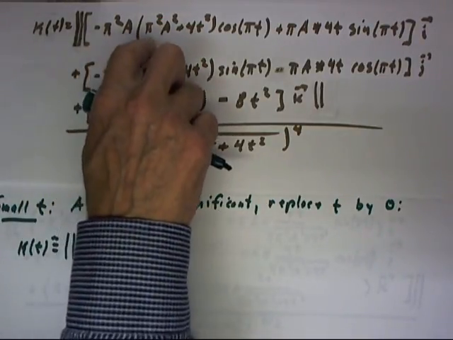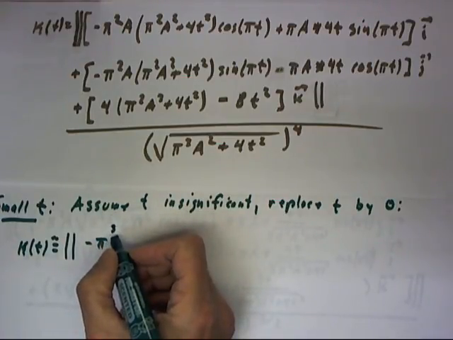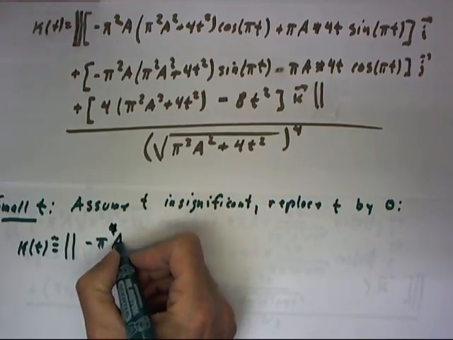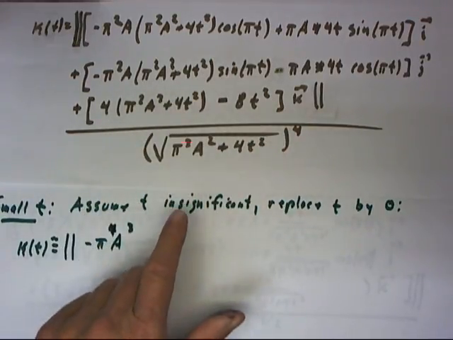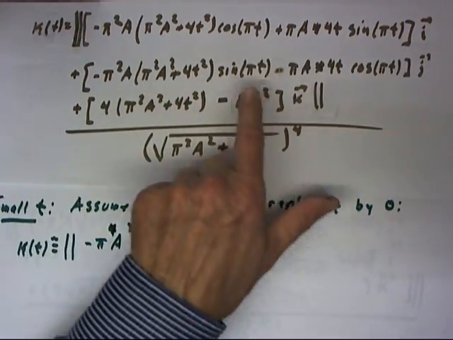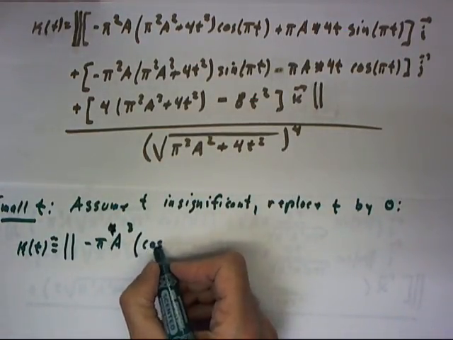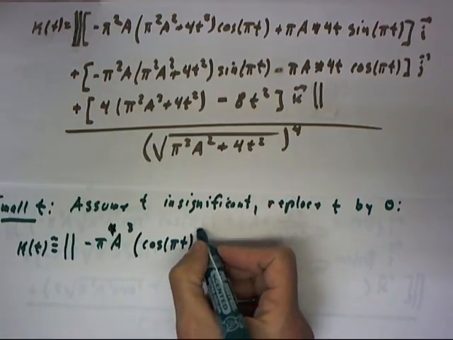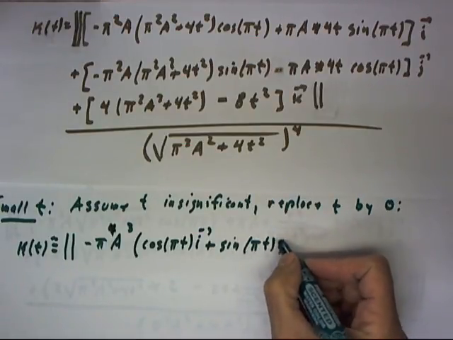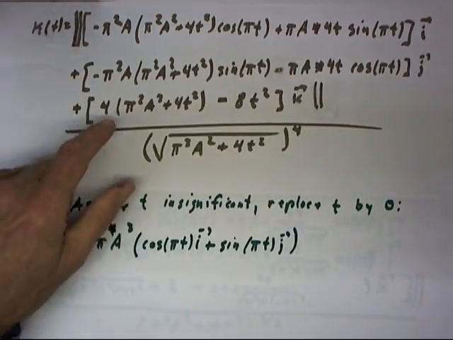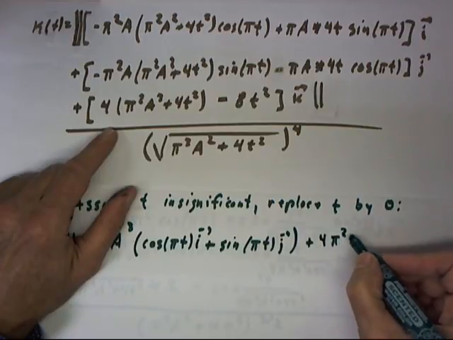Okay, now negative pi squared a times pi squared a squared is negative pi to the 4th, I'm sorry, times a cubed. And then that's going to be times the cosine of pi t times i plus the sine of pi t times j. So that's times cosine of pi t i plus sine of pi t j, and then we have our plus 4 pi squared a squared